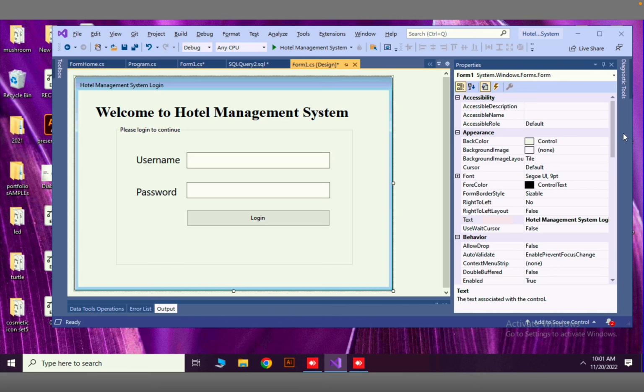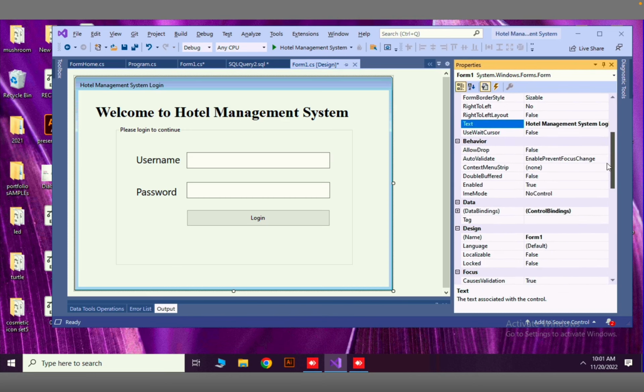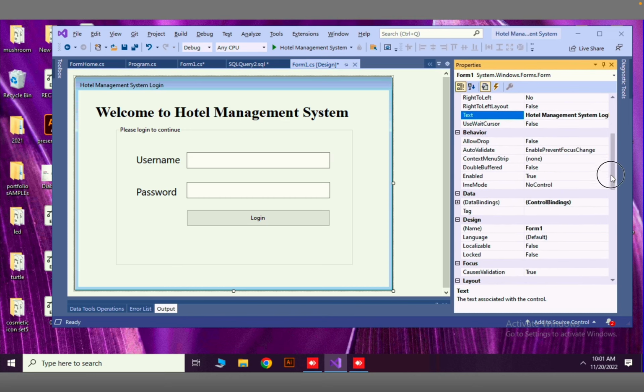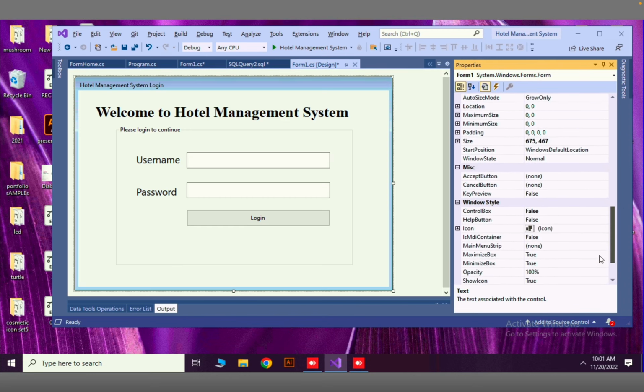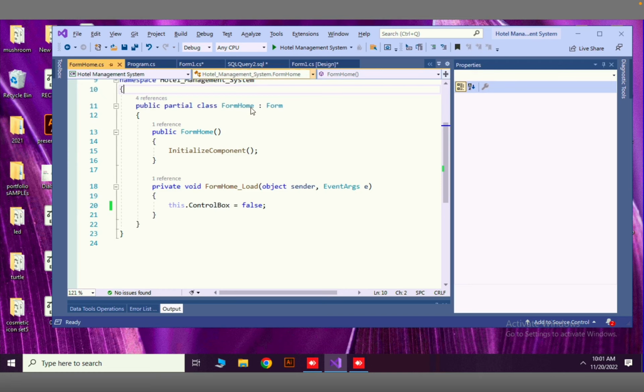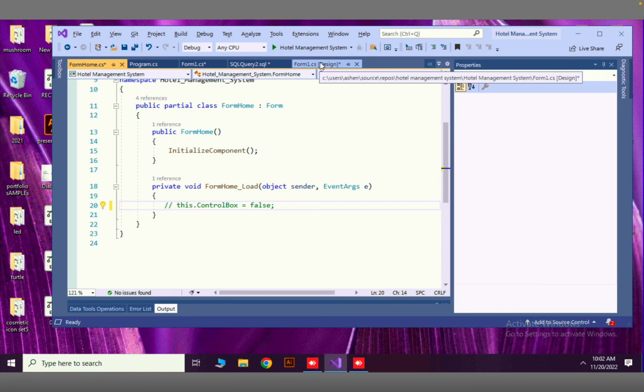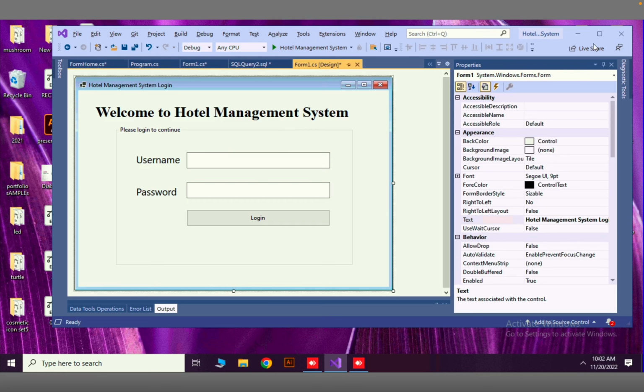We don't have to do that. I will set this control box equal to true, and then this FormHome's control box to false in our design. We can go to design,